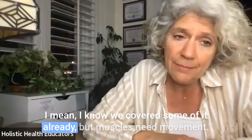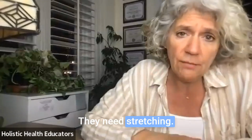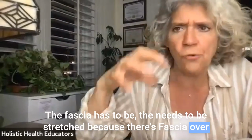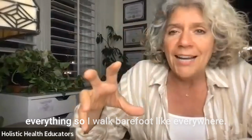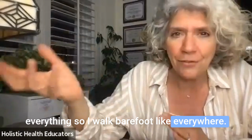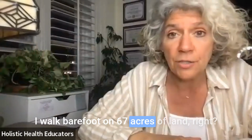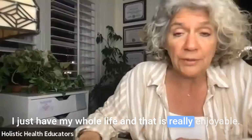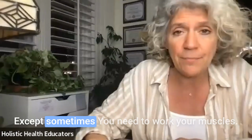Muscles. Yeah, I know we covered some of it already, but muscles need movement. They need stretching. The fascia needs to be stretched because there's fascia over everything. So I walk barefoot everywhere. I walk barefoot on 67 acres of land. I've just done that my whole life, and that is really enjoyable, except sometimes